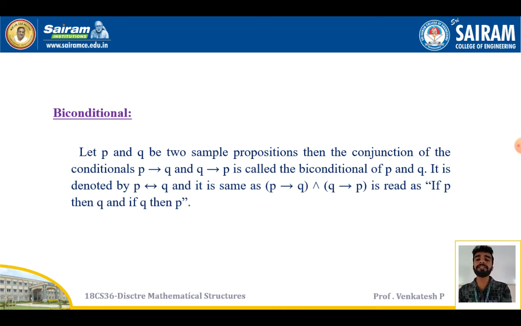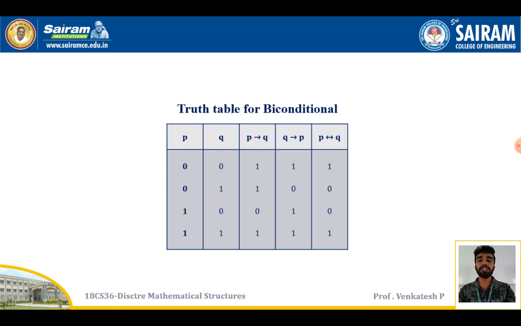Let me explain the same thing by using the truth table. Let me take the propositions P, Q here, P implies Q, Q implies P, and P implies Q and Q implies P here. Taking the values of P as 0, 0, 1, 1 and Q as 0, 1, 0, 1. As I am taking P implies Q here, it will be equal to 1, 1, 0, 1. For Q implies P, I will be getting 1, 0, 1, 1. Since it is defined as P implies Q and Q implies P, I will be getting 1 here, this is 0, this is 0, and this will be equal to 1.